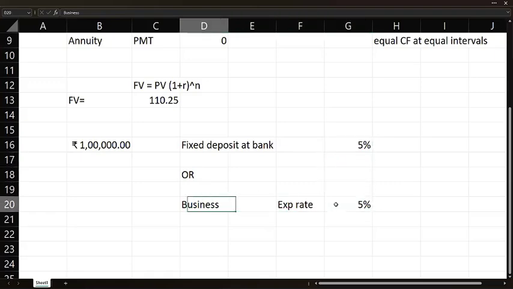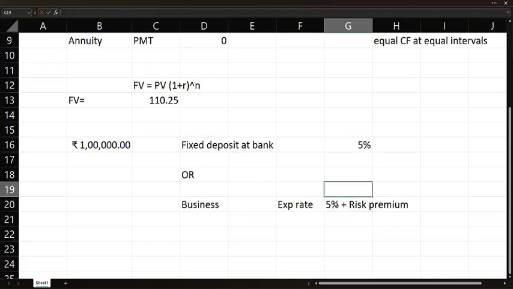But when you are getting into a business, you are supposed to earn something more than that because you are assuming higher risk in the second scenario. So it has to be 5% plus the risk premium that is in this particular business, depending upon the nature of the business. But try to understand what this 5% is. How did you get this initial value of 5%? That 5% is your